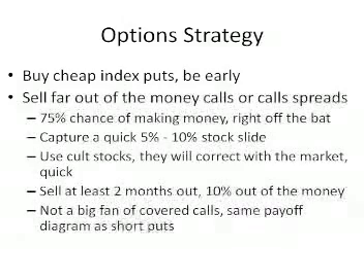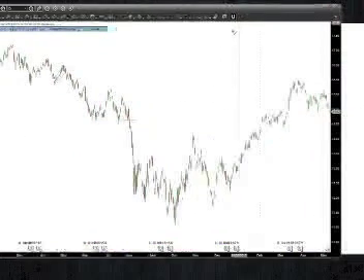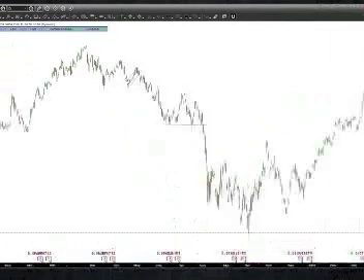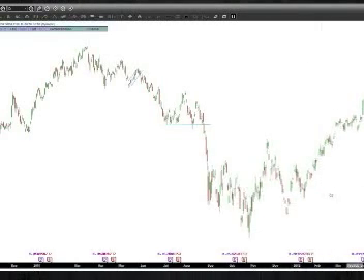Personally, I'm not a big fan of covered calls. It has the same payoff diagram as short puts. People will disagree with the covered call strategy not being great. That's just my take. But selling calls or call spreads in sharply spiking stocks, and let me give you an example right now, is, in my opinion, an interesting trade that I also like to focus on from time to